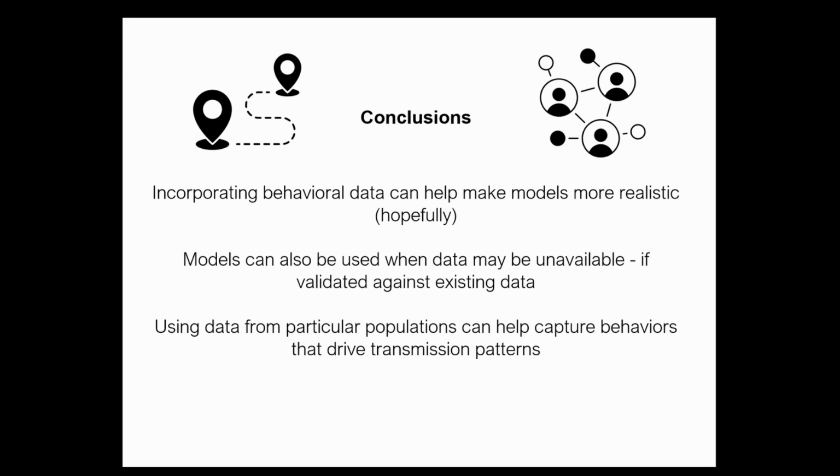But understanding the behaviors of particular populations is going to be increasingly important if they're the ones driving transmission patterns. As we have more data available and a better understanding of, and can describe, the heterogeneity amongst the population, the better we can map that population at risk, or susceptible or infected, to the actual disease transmission. I think that's also going to help make these models a lot more realistic.